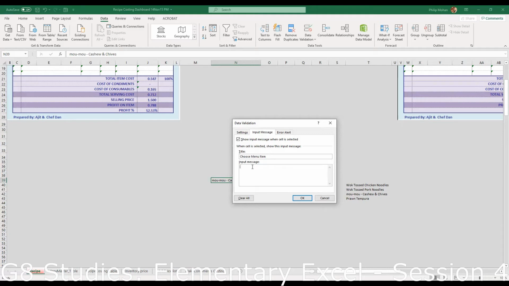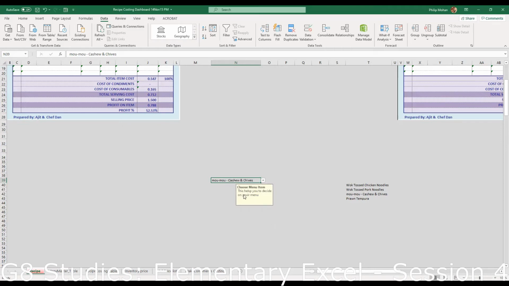Let's see what happens. Don't worry about the spelling. And then if you choose something wrong, you can say please input the right value.